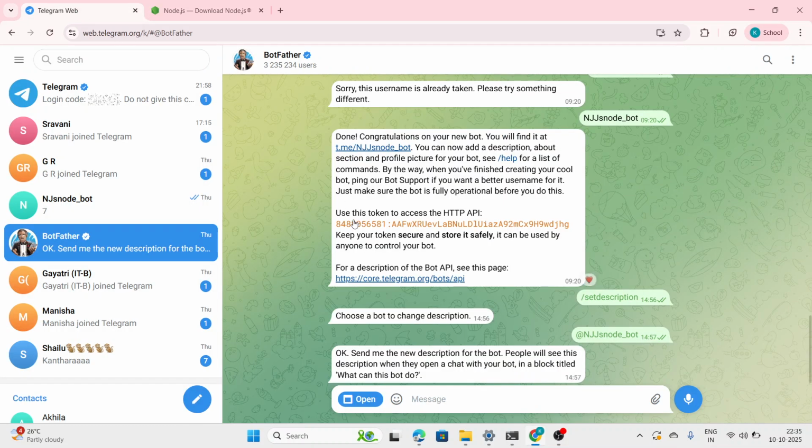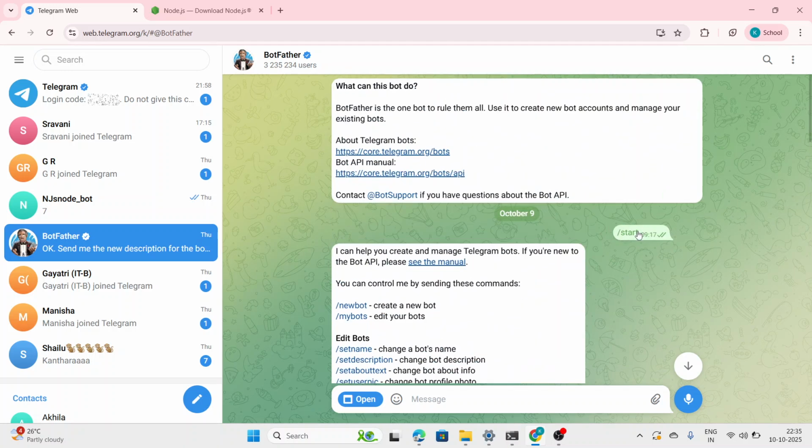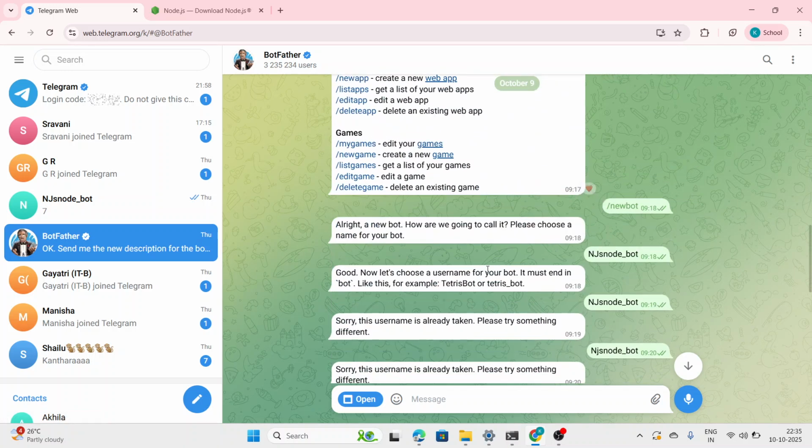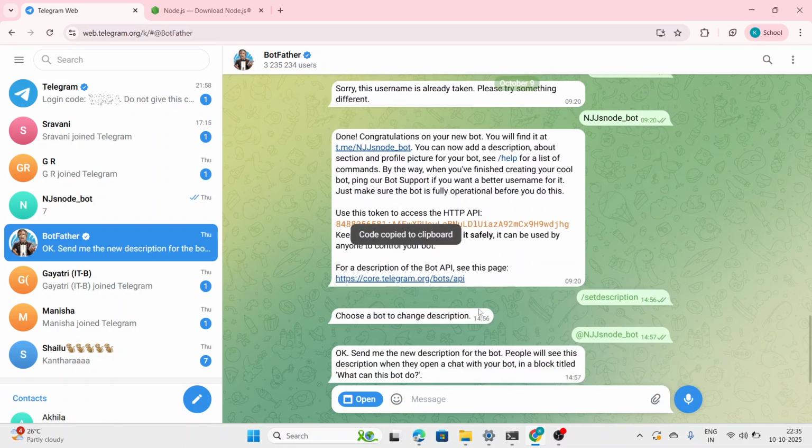If we click on Telegram Web, we will go to Telegram. If we search BotFather, we will see it. Let us start the conversation. Start, it will give some messages. If you give a name, it will give a token for you. So we can see here a token. This is our token. If we click on this link,